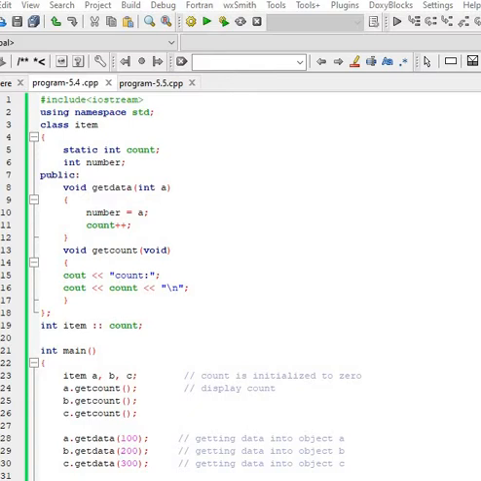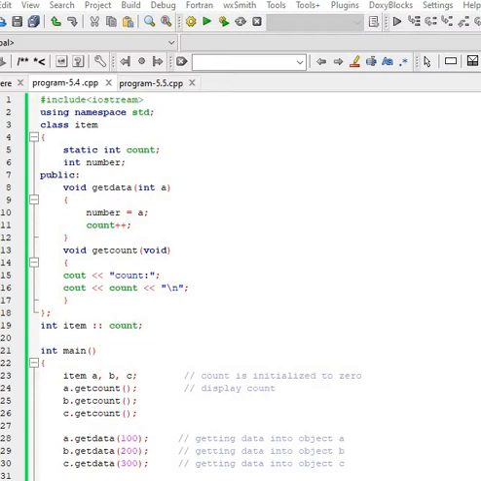That is very important here. And again I am telling, look at line number 19 clearly. And look at line number 5, count is declared as static. Anything declared as static must be defined outside the class using scope resolution operator. And a simple point to be remembered, as we know from C language, anything static is initialized to 0.